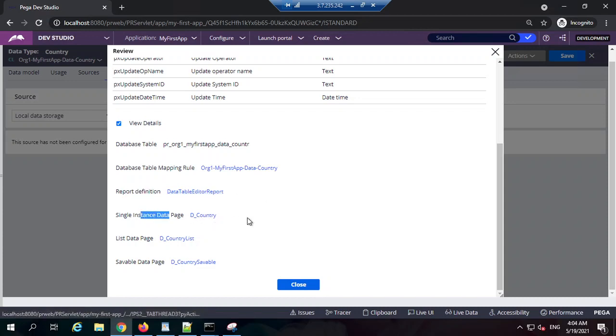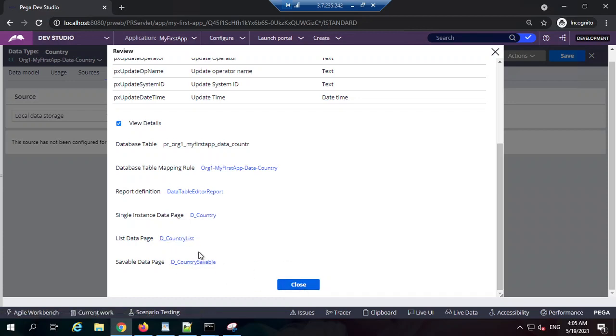This is a single data page to get one record. So if I enter, suppose, one with India, two with Pakistan, three with Sri Lanka, and if I pass three as a key, it will give me the Sri Lanka data page, all the data for the three record. We will see this one, and this is for a list. Select star from this table, very similar to this one. We will see this one as well.